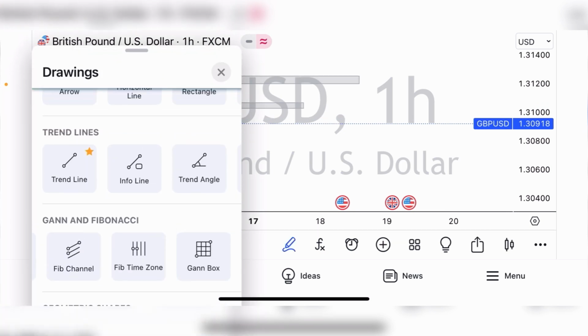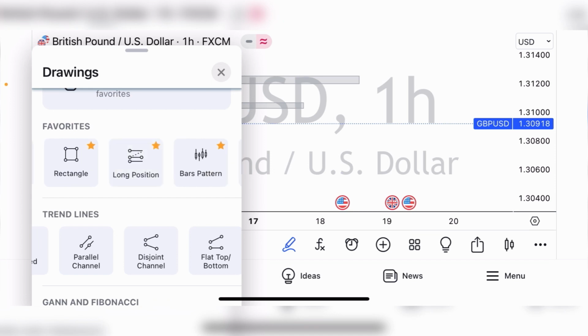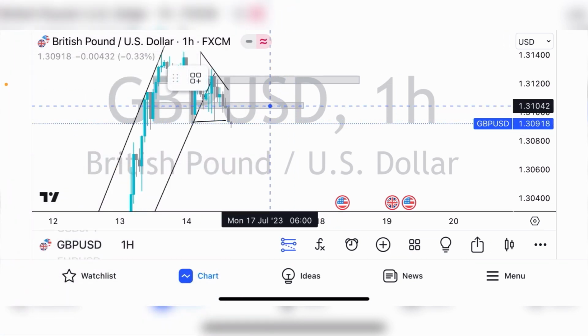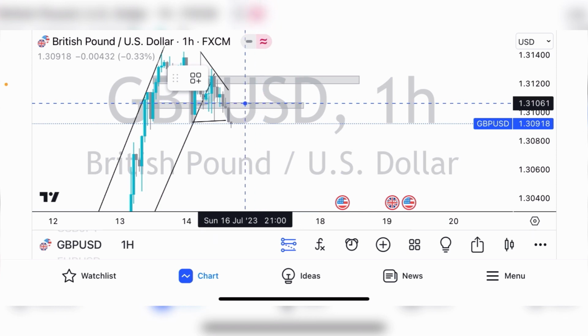You can wait to look for an entry around this zone,